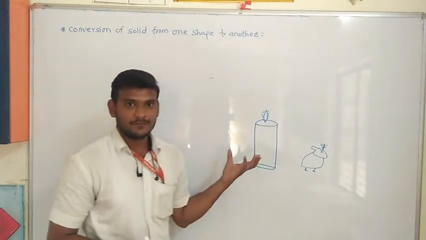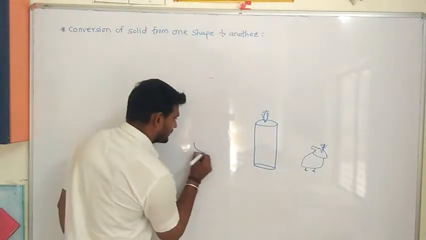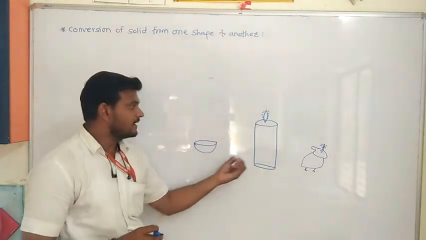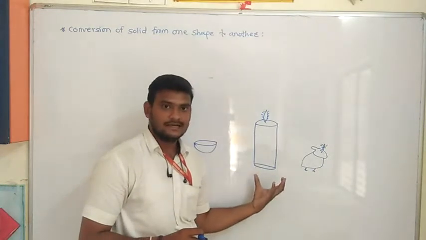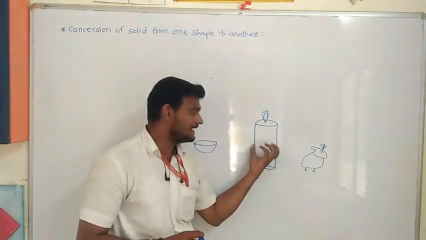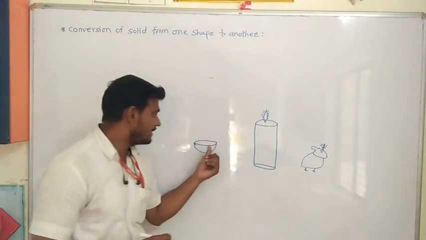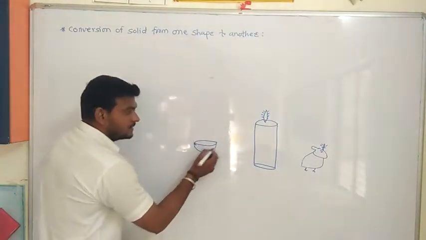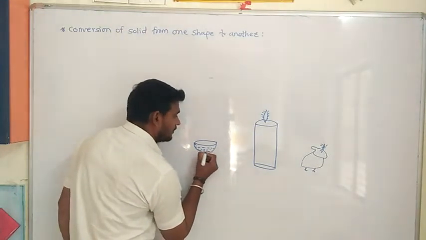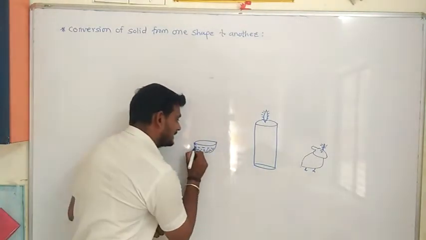Now we will heat this candle and pour it into one of the containers. Suppose I will take a semicircular container. First of all, we will heat this cylindrical candle, and we will get liquid wax from this cylindrical candle. And now we have to pour it into the hemispherical metal pot. Suppose the liquid is filled up to this level.